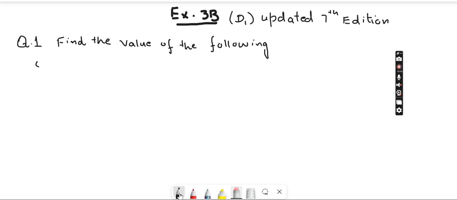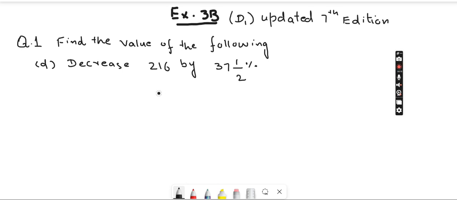So what I am going to do here for the D part, this is decrease 216 by 37 whole 1 by 2%. So 216 is decreased by, whenever it's a mixed number, you will convert it into an improper